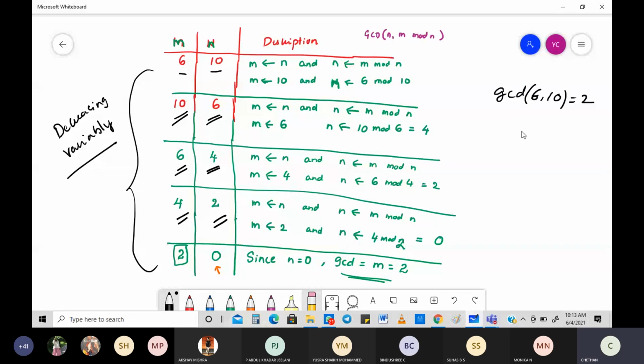But this is not going to end. It's a 10-mark question. Explain the decrease and conquer techniques. Explain the various types of decrease and conquer techniques. Be careful with the way of writing your answers. So basically it comes like this: you need to go with decrease by a constant, decrease by a constant factor, and variable size decrease.